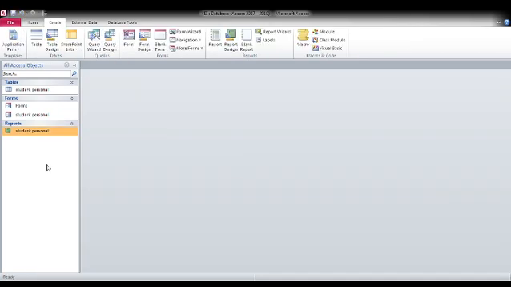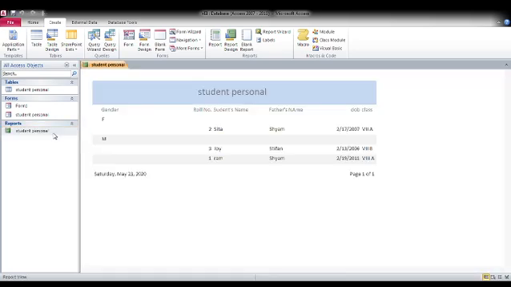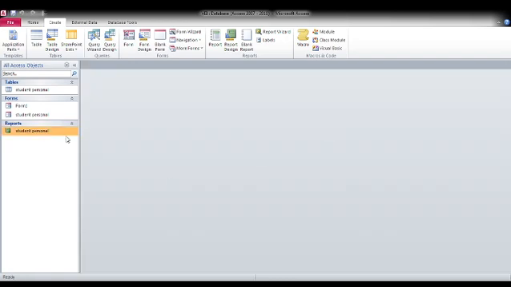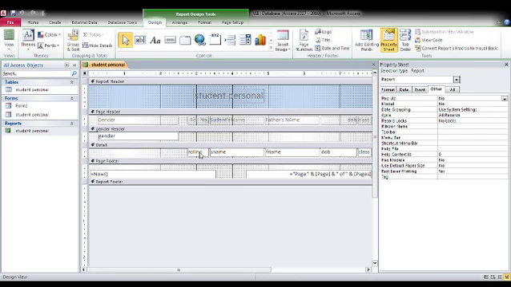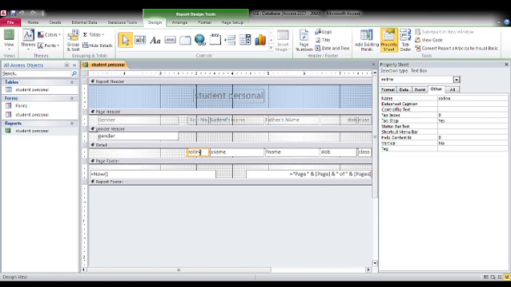Yes, now double click on it. Now see, it's created. So if you want to create anything, you can go for it. Now here, if you want to add something else, suppose you want to add a line or something like that, you can go for it here. Okay, if you want something, you can add it here.